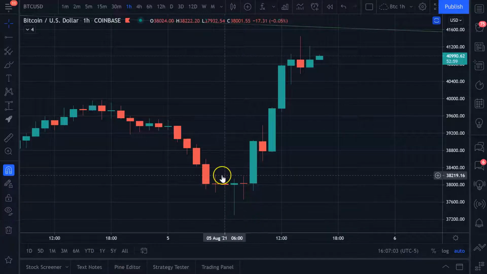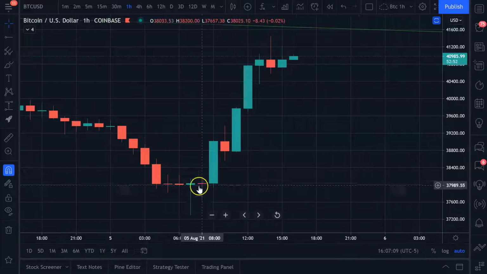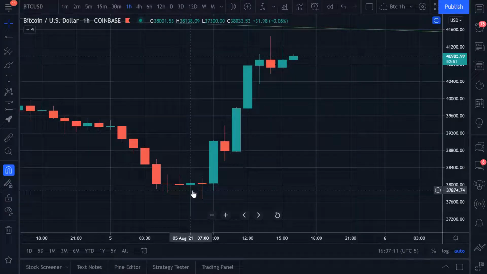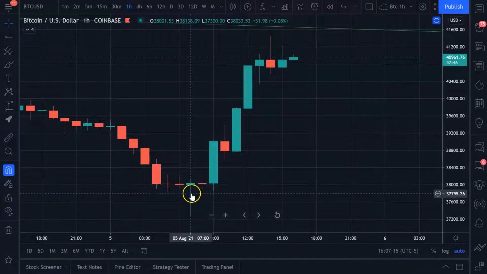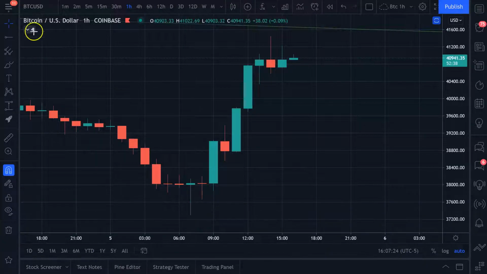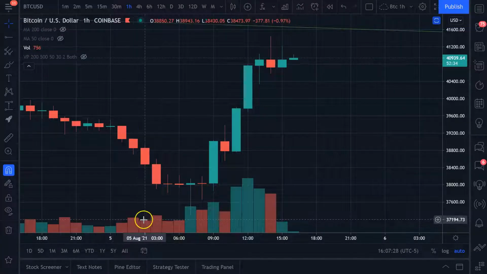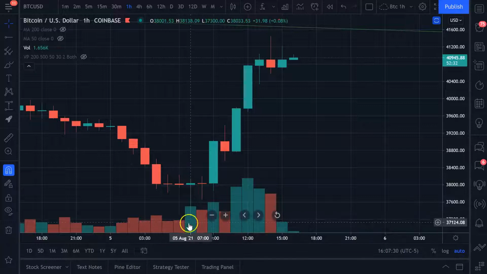that's forming down here. Next thing you know, you get this big green wick here, and this candle here is kind of a reversal candle, okay? Because what it says is that bears tried to push this down, but bulls stepped up in a big way. If I put volume on here, I would almost bet money there's an uptick in volume on this candle. Let's check. Yeah, see this?